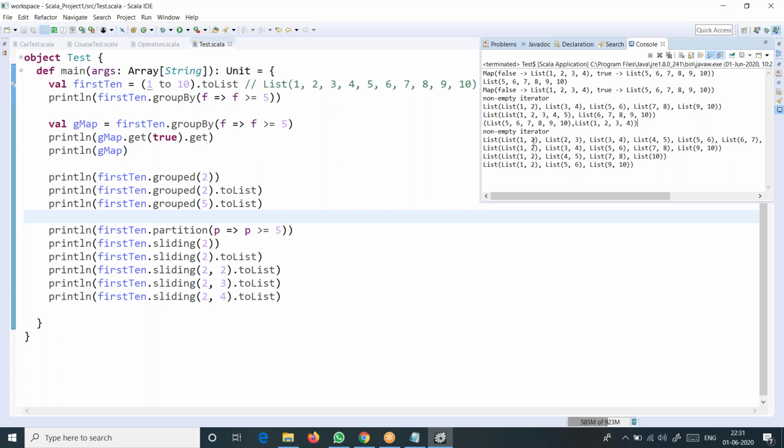And when I say 2 comma 2, there is a difference of 2 between the start of each list. That's what is happening here.